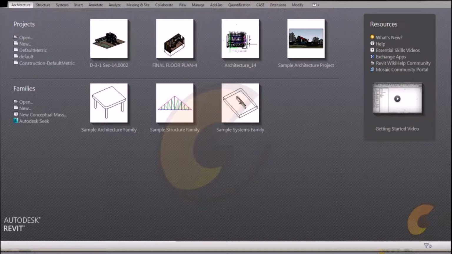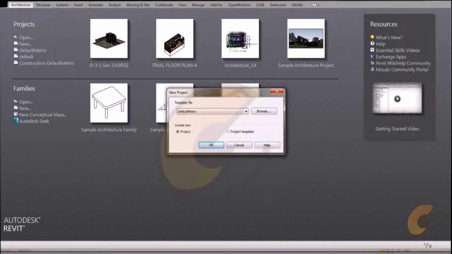I open the Revit user interface. The big R over here is called the application menu. Over here we have the project area and below this are the families. The 4 recently opened projects are listed over here on the home screen. We can open a new project directly from here. This takes me to the default template file which is loaded into the software.